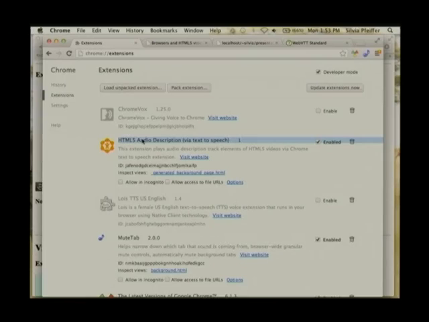So this is exactly what we want, except right now Chrome is the only browser that has a text-to-speech API. So it's the only one where we were able to implement a demonstration of this. But this is a bit of an outlook to what is going to come